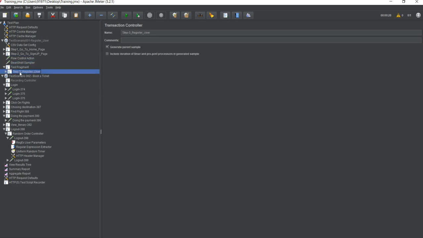So test fragment is nothing but a folder structure as we have in computer systems. It makes your script clean so that you know what things are placed where, and you can keep them in a structured way. But this is also an element which is never used so much. So this was mostly about the components of JMeter, and you do not need to know all of them. I am just concentrating on the components which are very important for HTTP or web testing. Again, if you understand one aspect, then you will be able to do any of the aspects. Thank you.